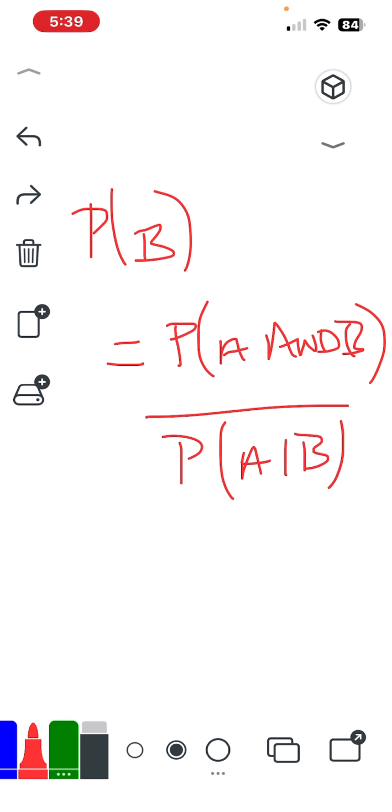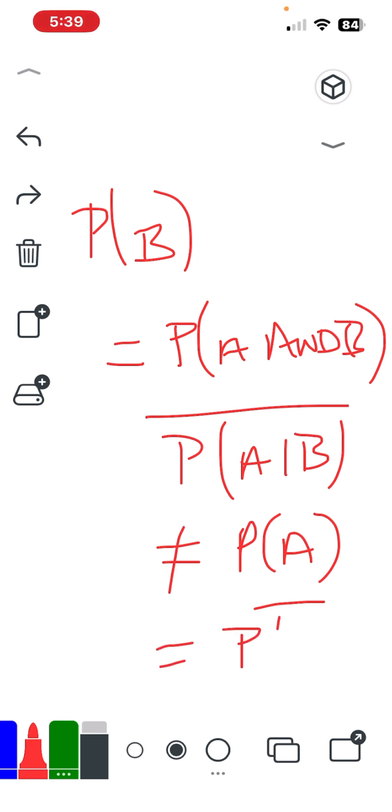Okay, so again, if P(A|B) is equal to P(A), then the outcome will be P(A). If it's not equal to P(A), okay, if it's equal to P(B), for example, okay, which is not likely the